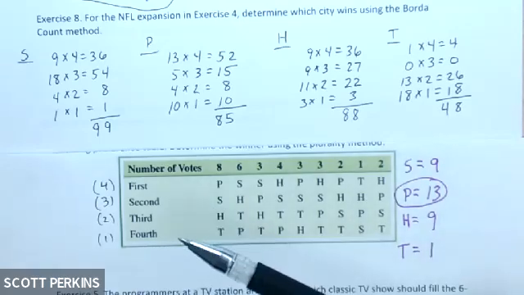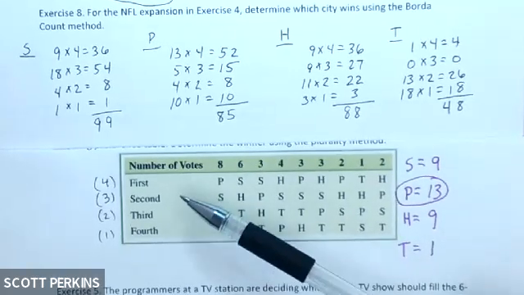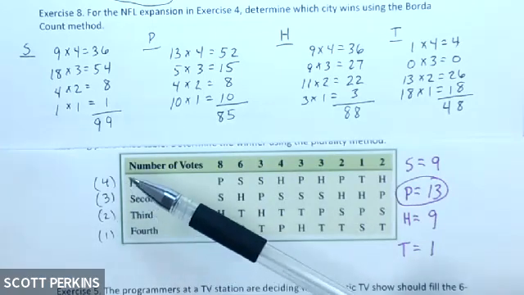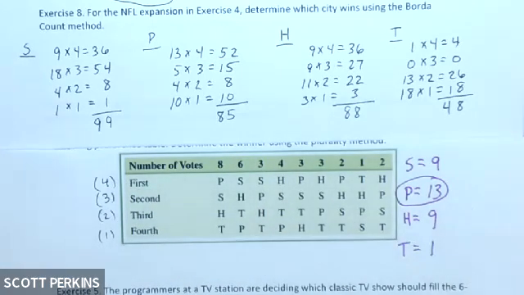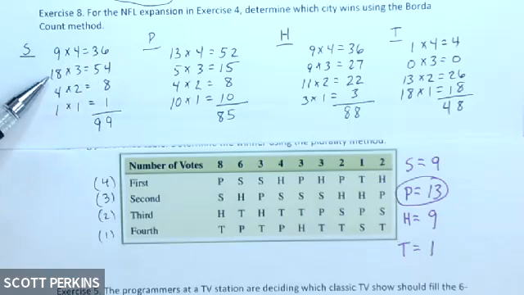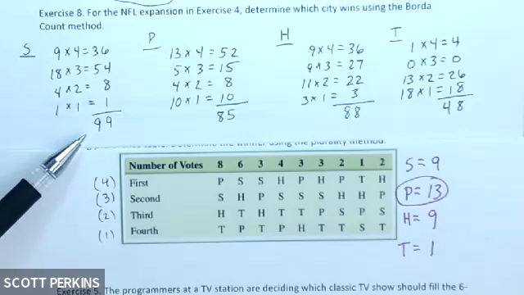So there were four selections, so 4 places. I numbered the points, 1 for fourth, up to 4 points for first. So for San Antonio, 9 first place votes gave 36 points. 18 second place votes gave 54 points. 4 third place votes, 8 points. 1 fourth place, 1 point, for 99. It looks like San Antonio is going to be the winner, as long as I've done my arithmetic correctly, which